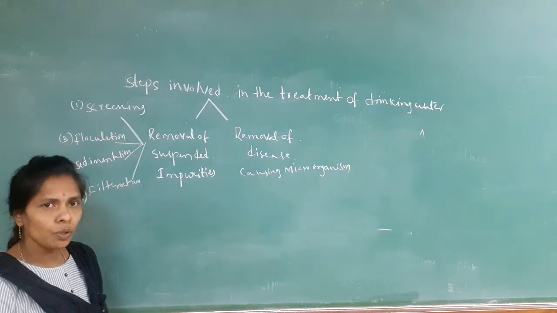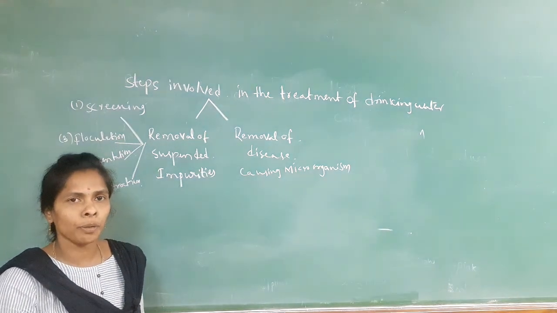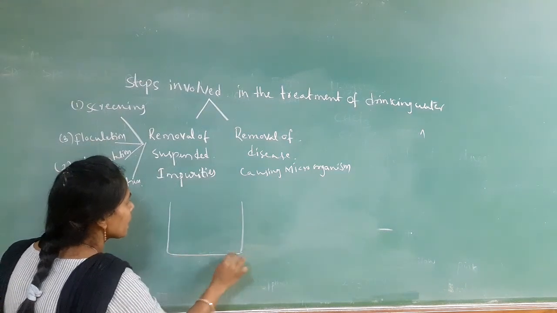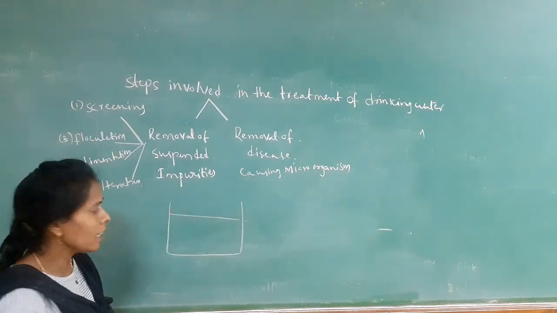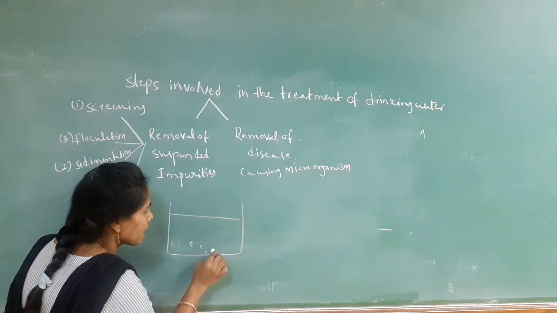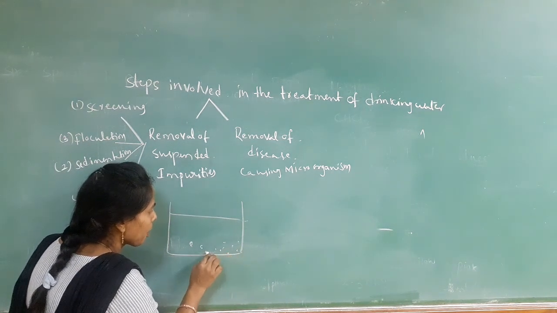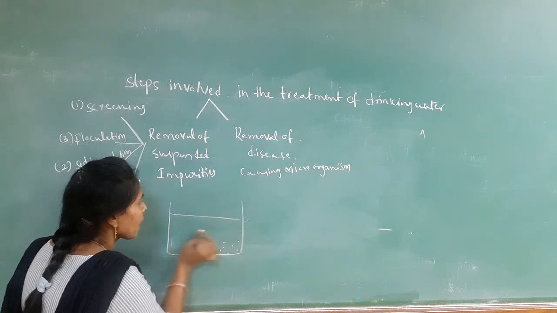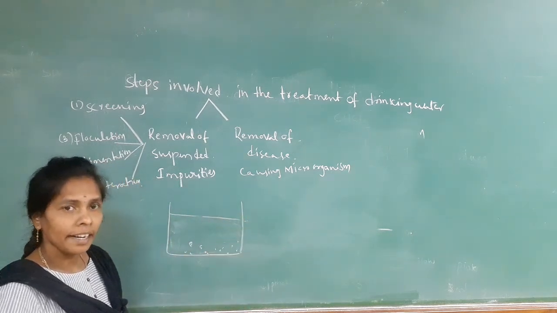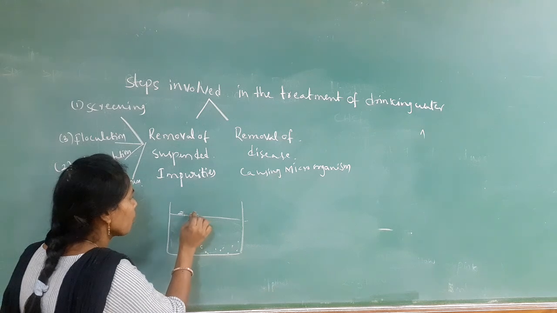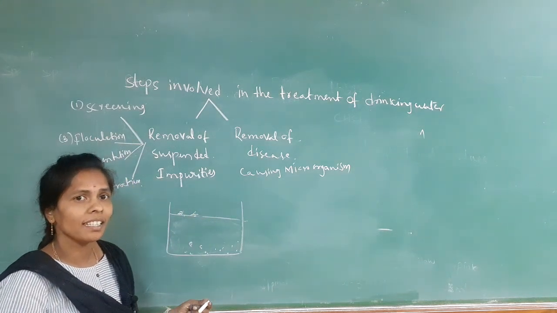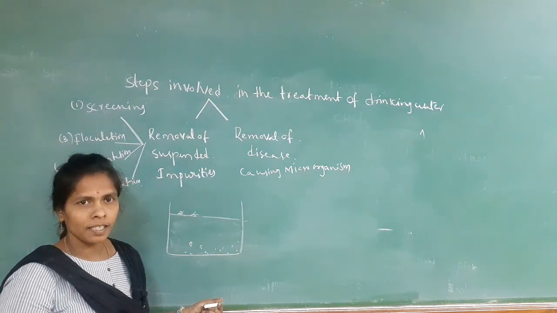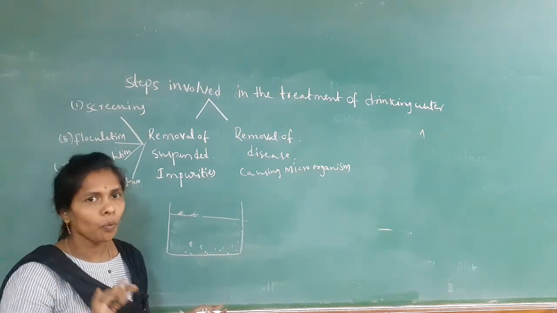The screening is useful to remove only the floating impurities in the water sample. So what are the floating impurities? For example, let us take this container, and this container is having some mud particles, that means high density impurities. These are the mud particles and the sand particles which are settled down at the bottom of the container, and also it is having some color. Along with that it is having some floating impurities, maybe leaf particles, dust particles or wood particles. These are the floating impurities on the water sample.